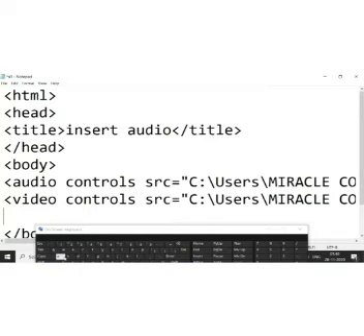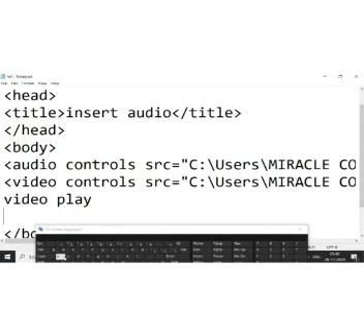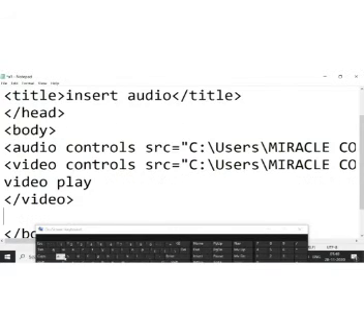Close the video tag first, then the audio tag, and then your body tag, and then your HTML tag. So this is the hypertext, video play. Now close your video tag here. Now close your audio tag, and then close your body tag, and then your HTML tag.